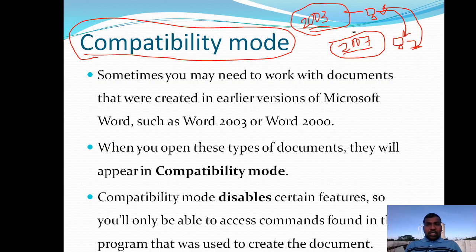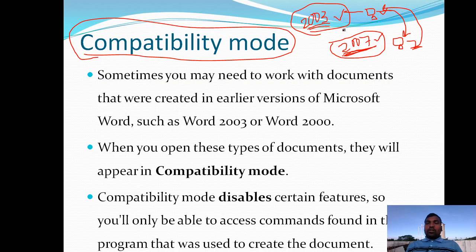Because the latest version includes all the features of older versions, but the old version won't include the features of the latest version. So the document created in 2007 will not be opened properly in 2003 software.